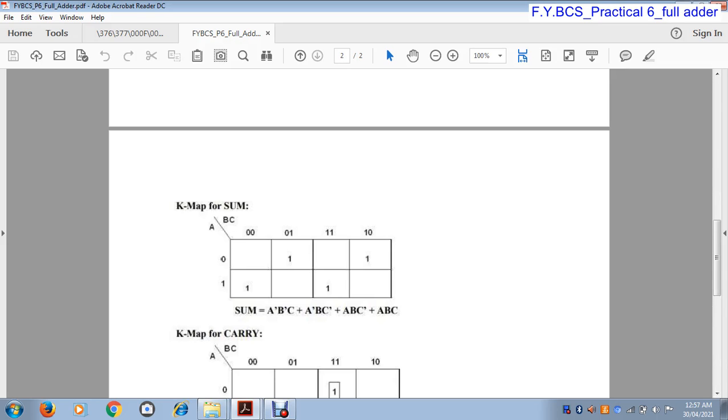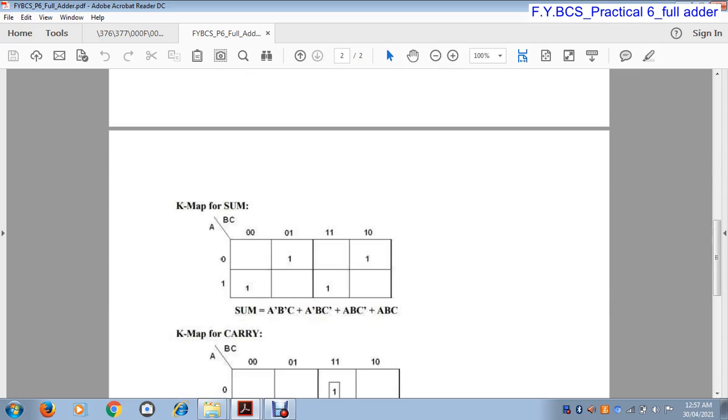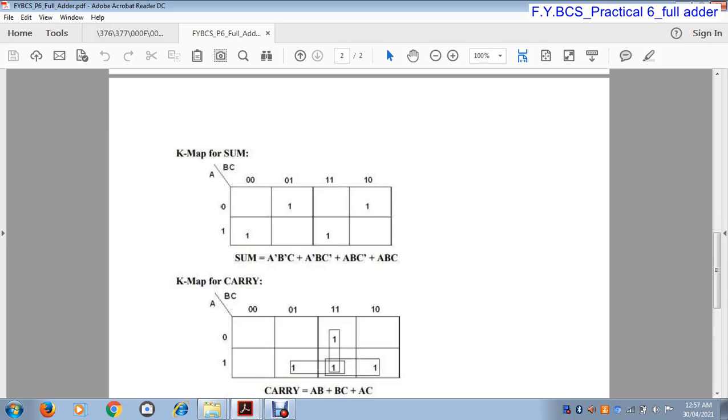Okay, so in this cell we write 1. Now the last condition is A1, B1 and C1 all are 1. So A1 here and here B1, C1. So here we write 1. Okay. Now we write the equation for each one.